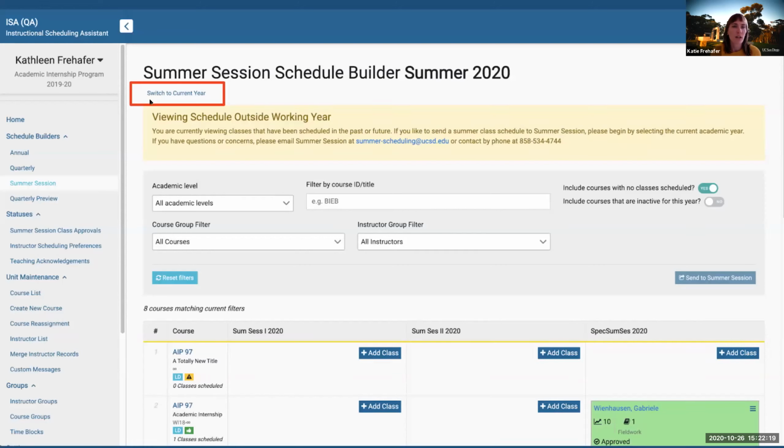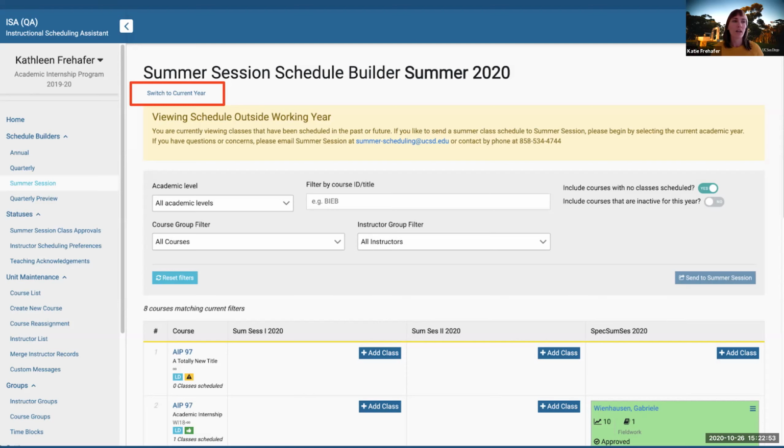So first of all, if you log into the ISA and you go to the summer session tab over here on the left, one quick note that I wanted to make about the timeline for summer session is that when you think about the academic calendar, it goes fall, winter, spring, and summer is the trailer term. However, in the ISA or in the general schedule build timeline, you're typically scheduling in advance. So you might be working on fall 2022 while summer 21 is still getting worked on or something like that. There's often overlaps in the business process.